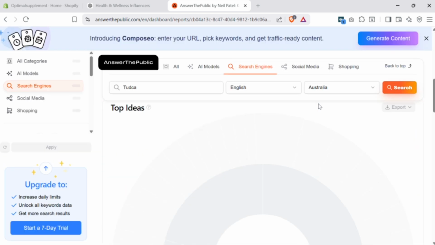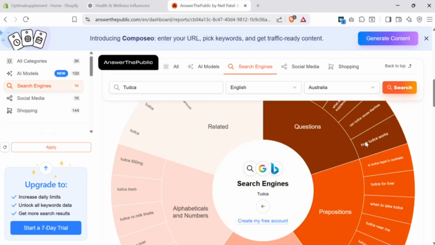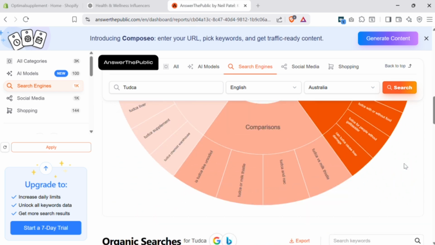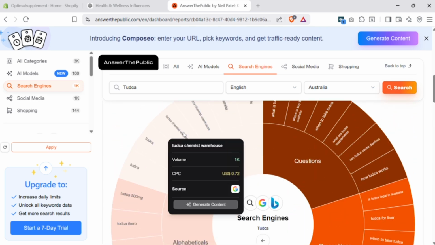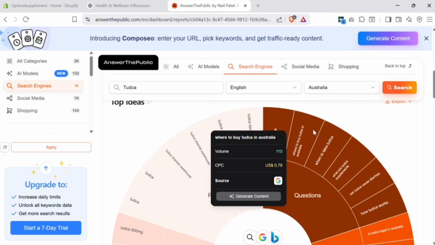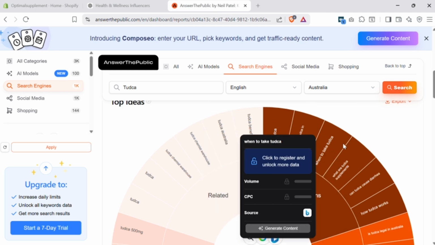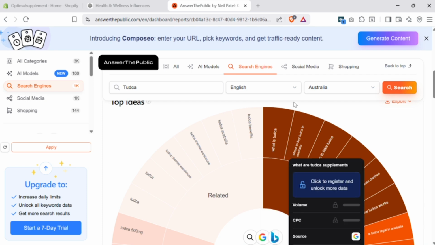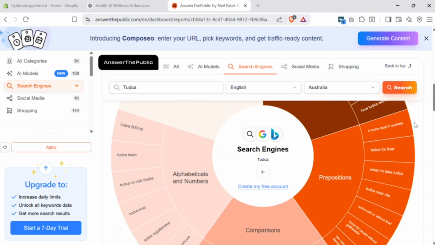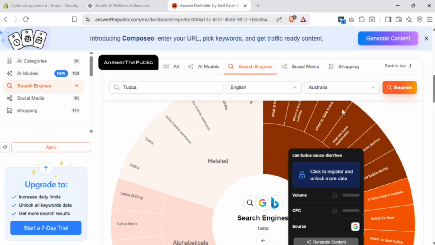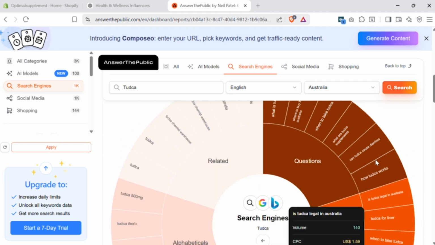So search engines. Let's just see if we just change it to that. So this is even better. So we click search engines and here's all the different things. So we've got a few different questions here. So questions, what is Tudka? How do you buy Tudka in Australia? When to take it? What supplements to take it with? How does it work? All these. So all these here, what you would then go through and do is create a dedicated article that answered all